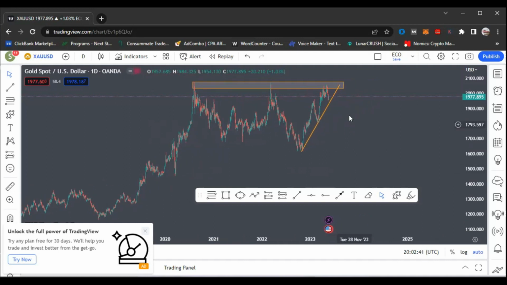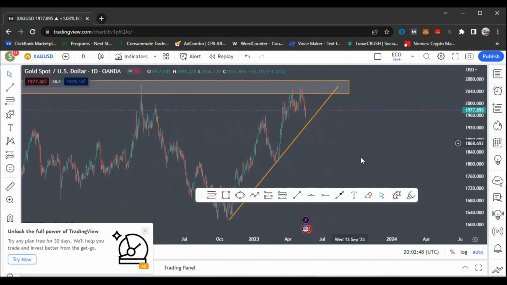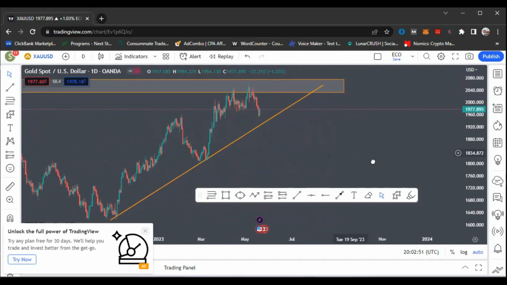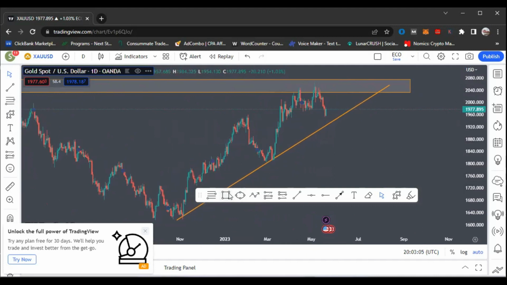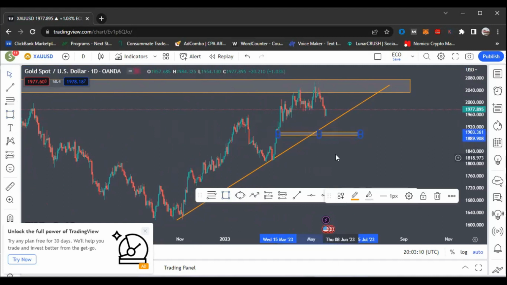All right. So with that in mind, a lot of people when market opens today are going to be looking to long if price touches this trend line. Some will also be looking to pick their trades from this point because this took out the low of the basing candle here. So there will be people who will be expecting the weekly low around here and then price shooting up,